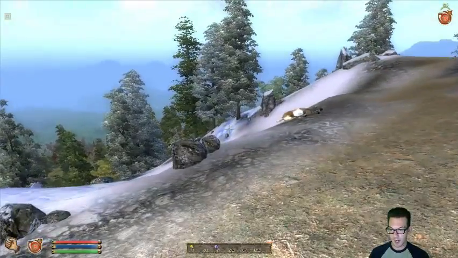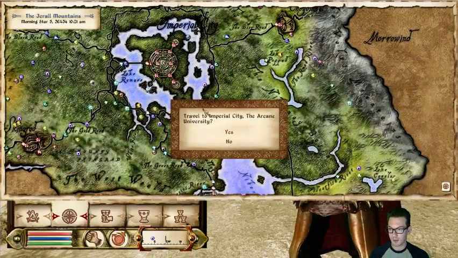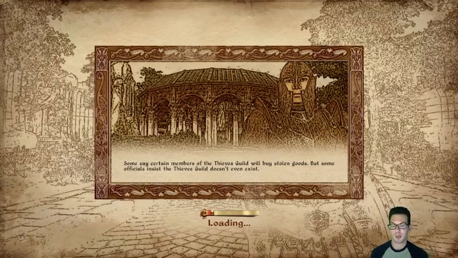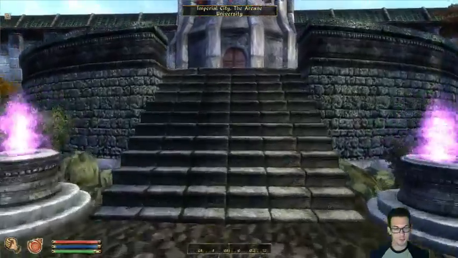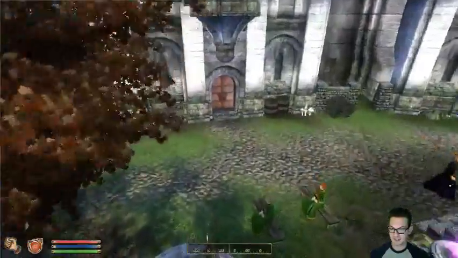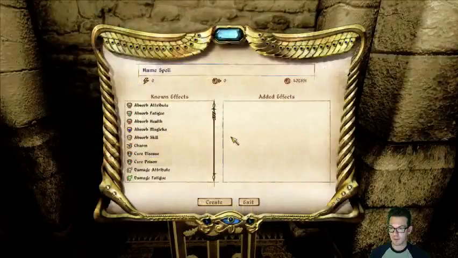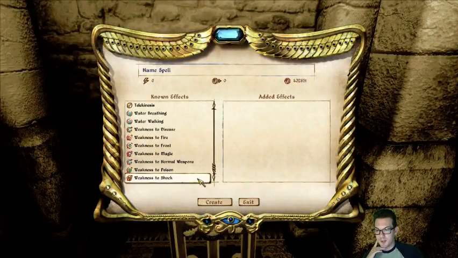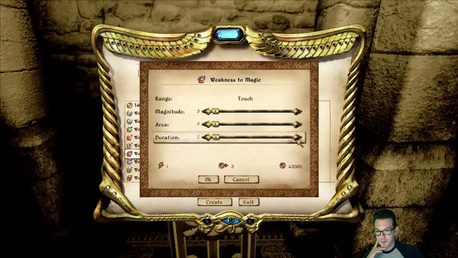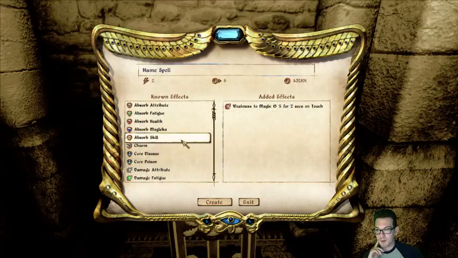Alright, but before I go, I actually want to make a damaging hand-to-hand spell. So I'm going to head back here because I've been focusing more on damaging their fatigue and absorbing their health, rather than actually doing damage. Okay, no problem. Hello, guildmate. So let's see what we can do here. I would love to do a weakness to magic for like 2 seconds. Now, if we want it repeatable, it can't be like that. We could do something like that, weakness to magic. Actually, I wonder...